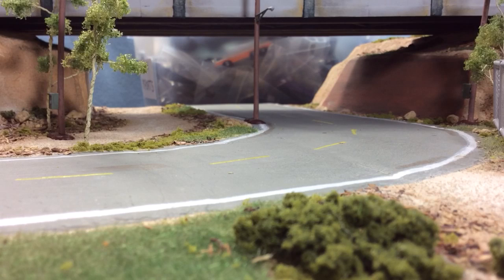I do try to buy castings that represent cars that I've had at some point or another. Which, speaking of that, let me show you, before we look at these last two, which, trust me, you guys are going to want to see, because you may never see them again. I want to show you